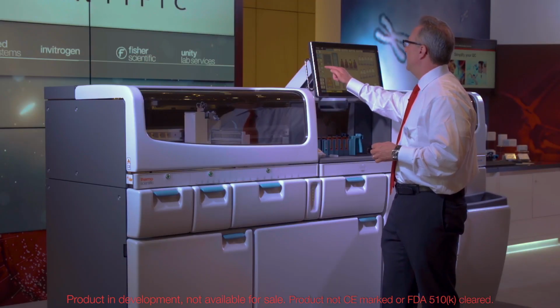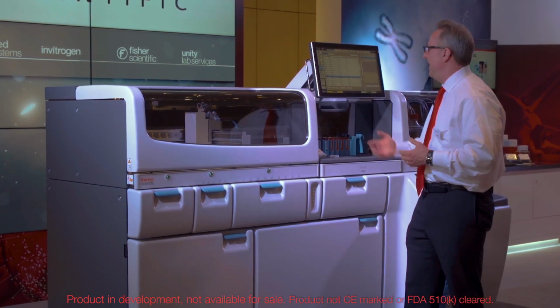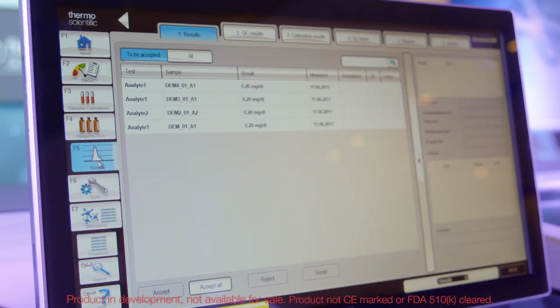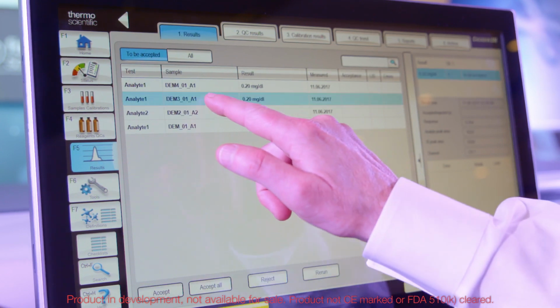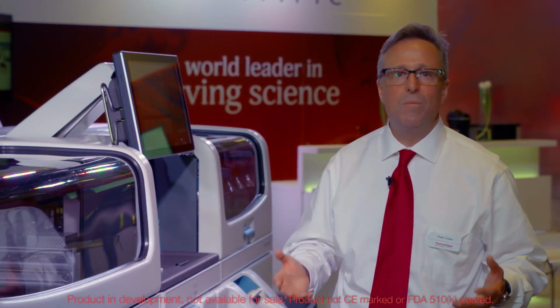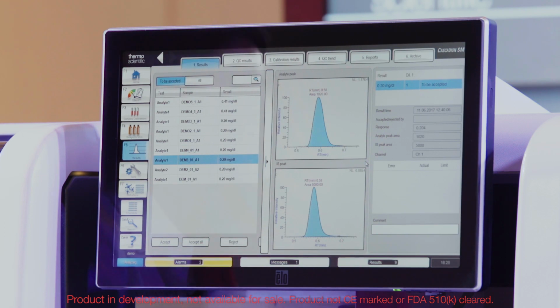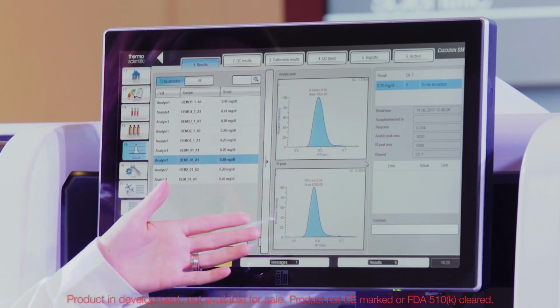Now let's take a look at how to check for test results on the system. We can go to the results screen here to look at that. The software is designed to provide a single concentration value based on the specific test requests for the patient sample. And behind each result is the robust data of a chromatogram derived from the mass to charge ratio of the target analyte. If you want to see peak integrations for each analyte, they are here on the system, but